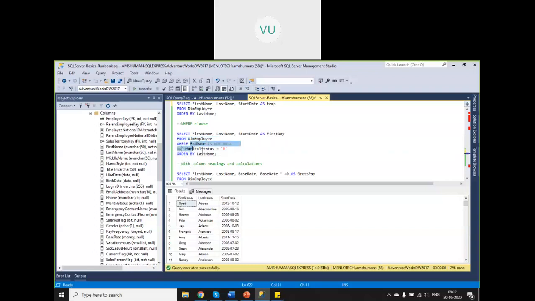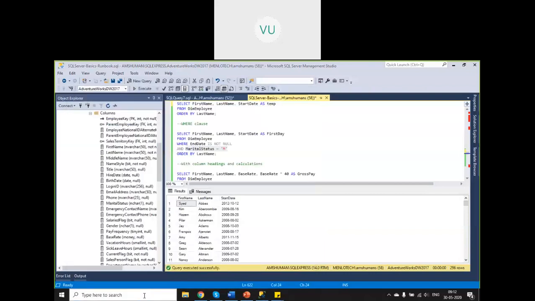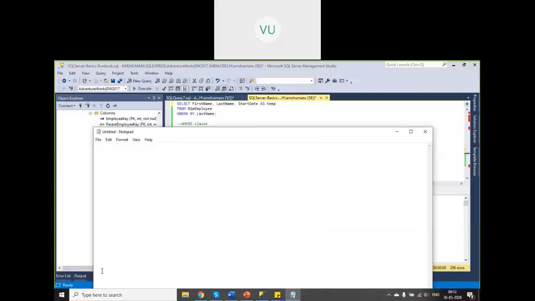So this is a logical statement, right? So Boolean value. This condition will return some Boolean value, and you know about and or operations, right? So let us say the Boolean value is true or false, right? So true and true, true and false, false and true. So these many combinations can be there, right?